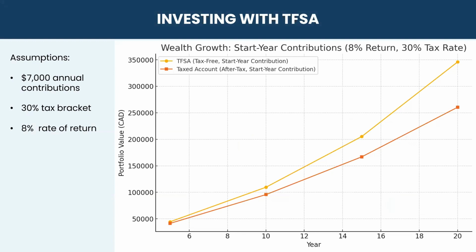Now let's look at some samples on how you can make money with a TFSA. You have an individual or two individuals that are within the tax bracket of 30%, and they have the opportunity to invest their money into, you can pick any of those items that we just saw. Let's say mutual funds that will give you a rate of return of 8%. So for each year, they have the opportunity to contribute $7,000 into their TFSA. Like I said, the contribution room expands every year.